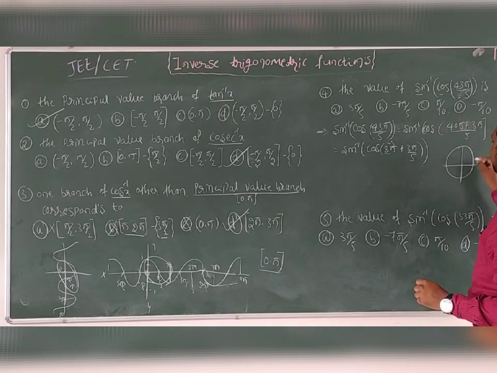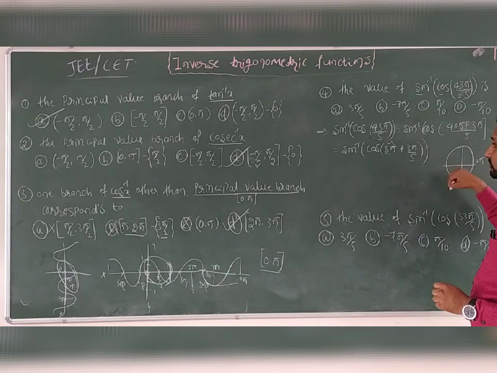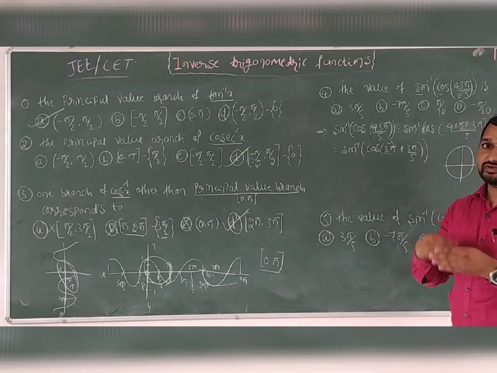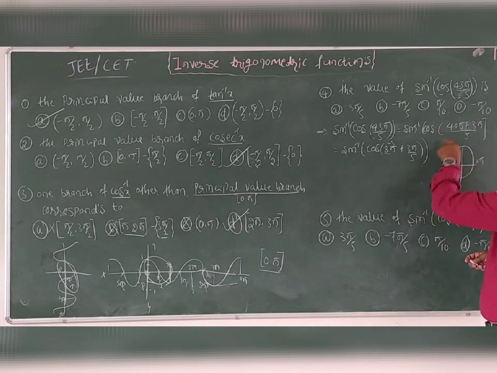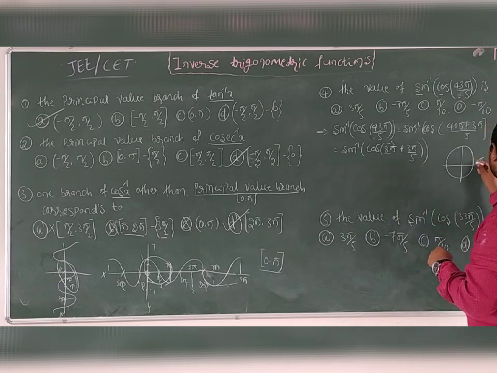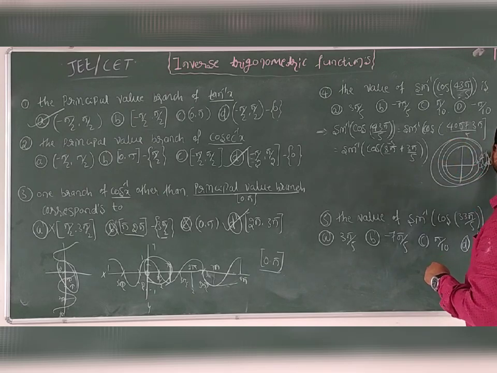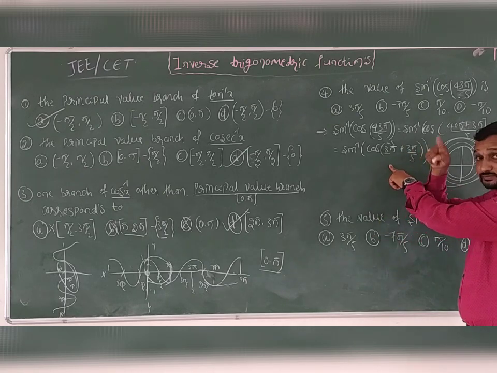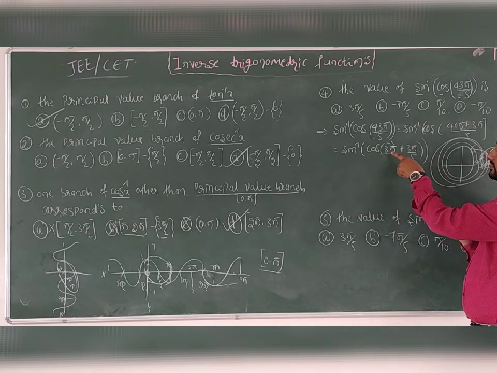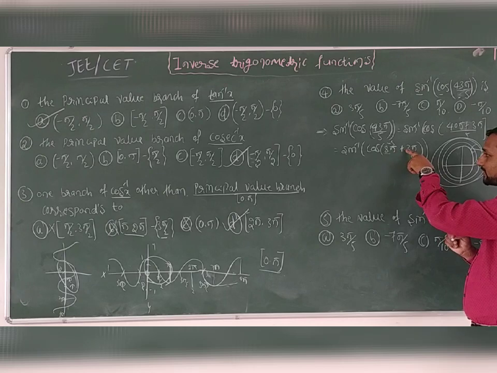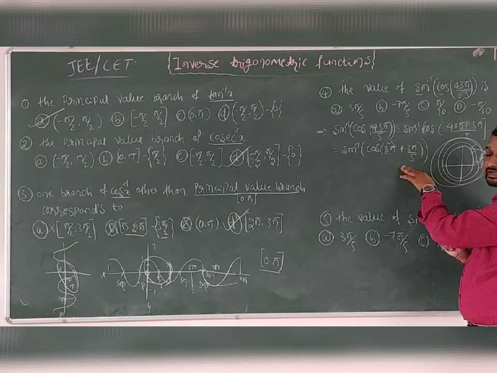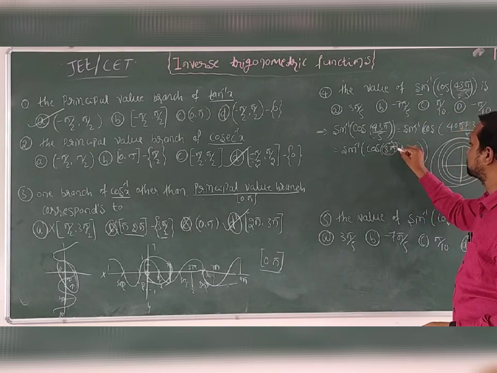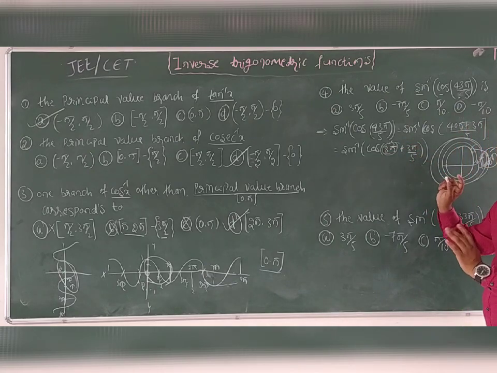After 2π the value is repeated. One revolution is nothing but 2π, two revolutions is 4π, then 6π and 8π. After 8π the value will repeat. We already know this concept from first PUC. So for cos of 8π plus 3π by 5, after the revolutions the value to be taken is 3π divided by 5.